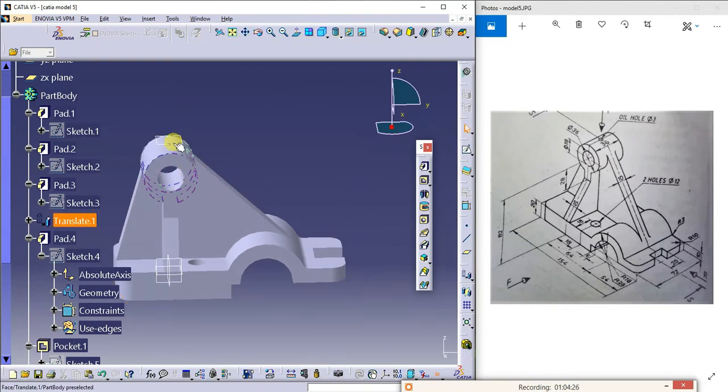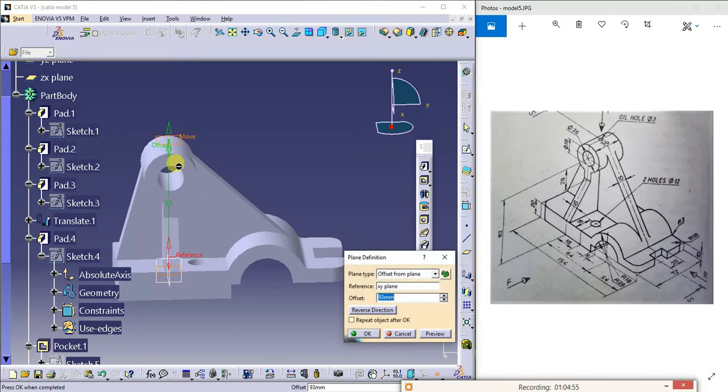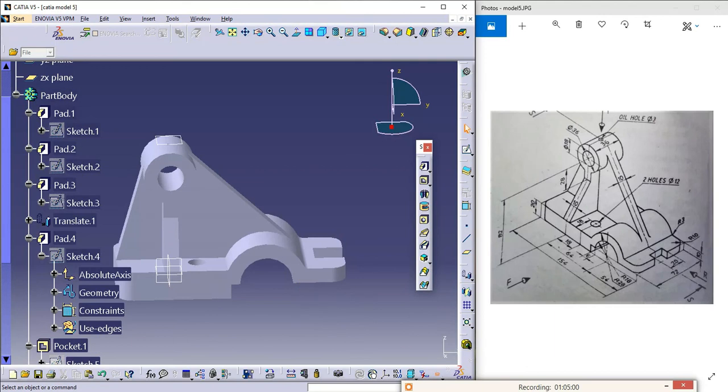So why have I created a plane here? Because I cannot create the hole on the curved surface. Whenever you want to create any geometry, it has to be a plane. For that reason, I have shifted this plane to a certain height. How much is the height? This is 82 minus 10, nothing but 72. 72 plus 18. A little bit more than that, around 3 mm. See here, how much have I given? 93 I have given. So this is the way to create the model.